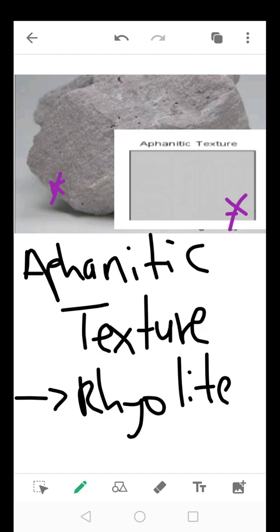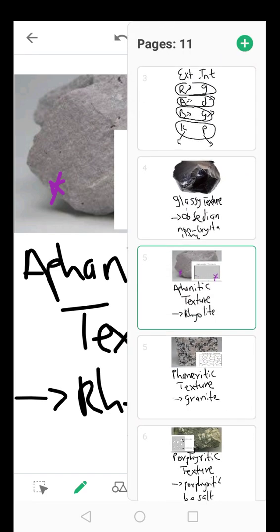If you look closely into this rock, you can see that there are no visible grains that you can identify and say, okay, this is the mineral quartz, this is the mineral feldspar. You will struggle to see that with your naked eye. So this is aphanitic texture, displayed mostly on the extrusive rocks. Even the andesite and the komatiite and the basalt can have this texture, wherein you cannot see the crystals with